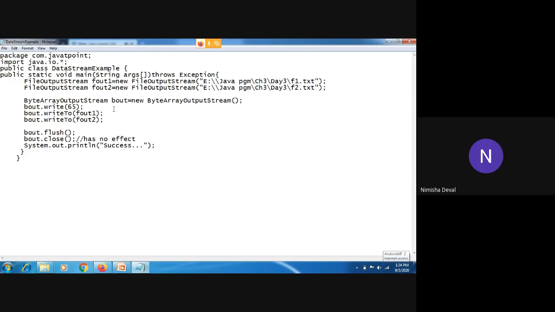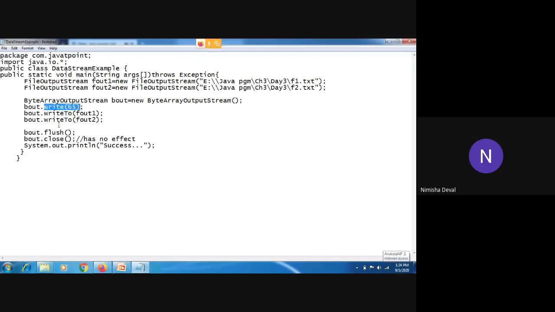Now see, this is the byte array output stream, and we have created its object as b_out. Then b_out.write. What do we have to write? We have to write data into our files.